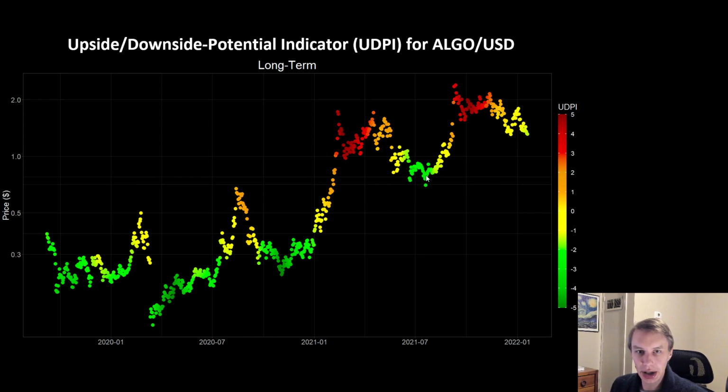So one thing I think is interesting about what Algorand has been doing recently is that there's some similarity in its price action now to what happened back in the early 2021 moving into the summer. We had this big parabolic move to the upside in both cases, a little bit larger going here to here, but still going from these green zones up into the red, both from the summer and back here going into early 2021. And then just sideways action since then, not being able to reestablish a new all-time high, or at least not a daily close at a new all-time high, before having to go into a